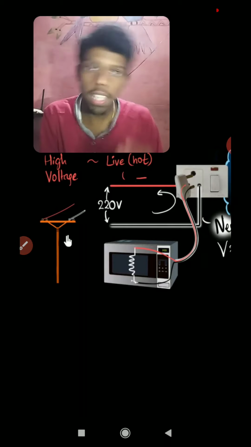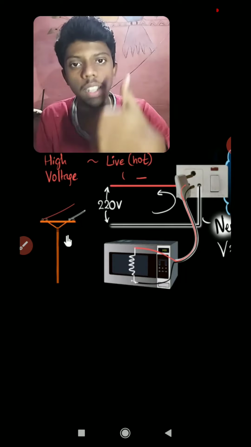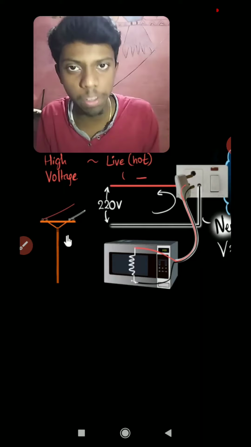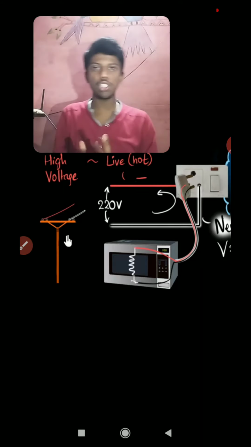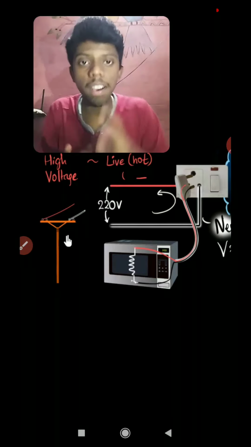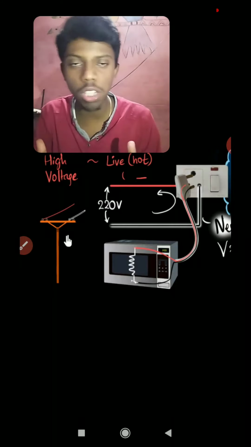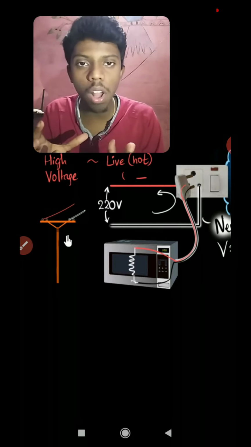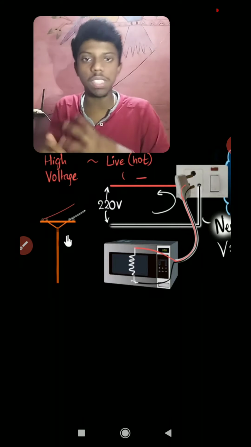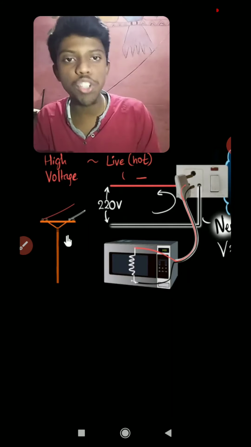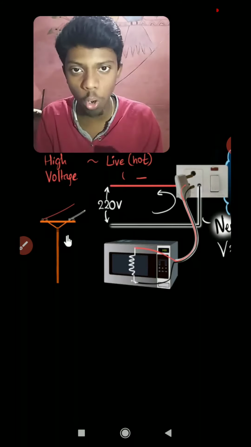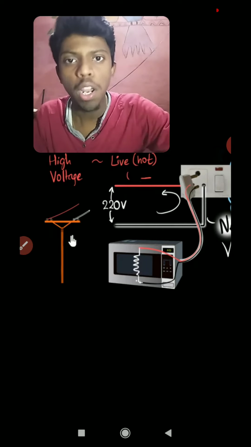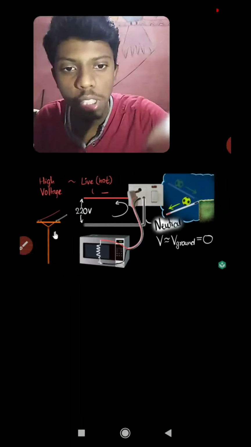Basically, there are three types of wire: the earth wire, the live wire, and the neutral wire. The neutral wire is usually insulated with black color, and the live wire is usually insulated with red color. The earth wire, as the name itself says, is usually insulated with green. The live wire supplies current to all the electric appliances and its potential is 220 volt, whereas the neutral wire's potential is 0 volt. It just acts as a closed circuit path. Now let us learn what this green wire is about.